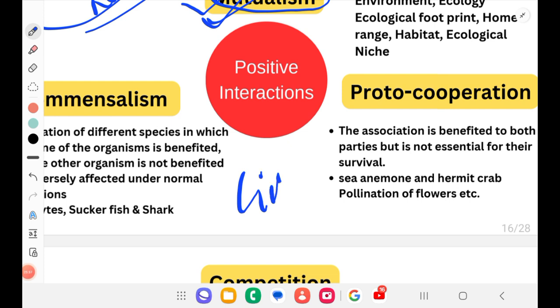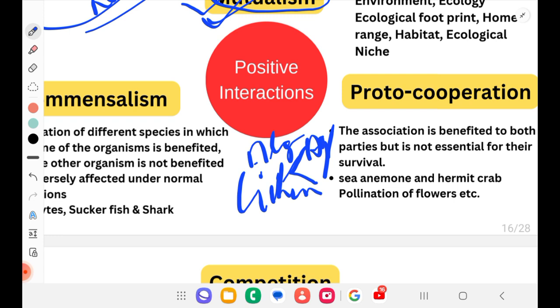Lichens, we know, are made up of two components, that is algae and fungi. They are mutually benefited, algae and fungi. Then you can also give another example, that is rhizobium bacteria, which will give nitrates to plants, and the plant will give the needed nutrition to the rhizobium bacteria, right? Those two are examples for mutualism.